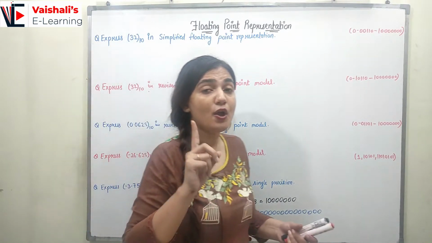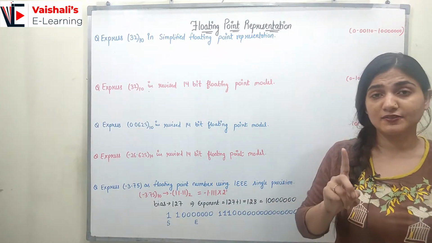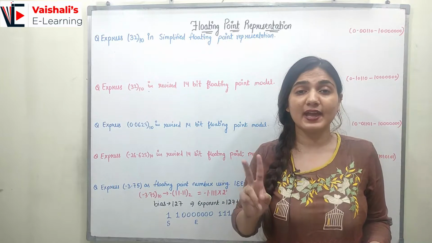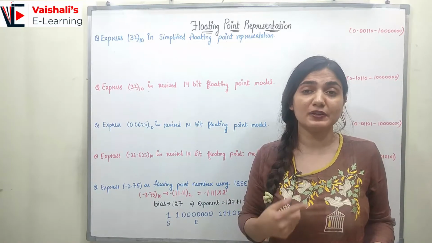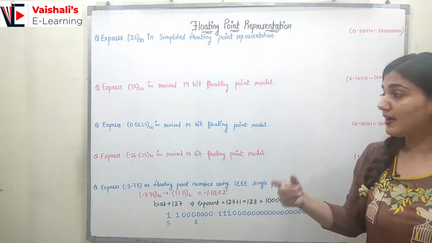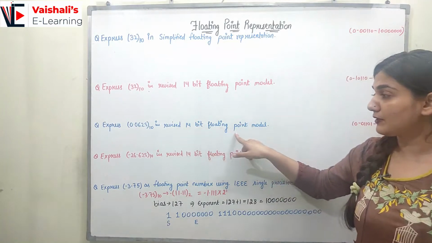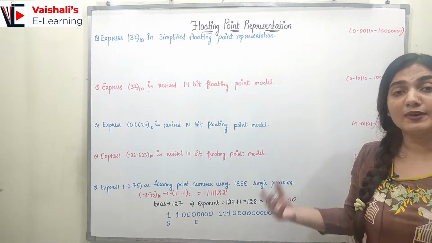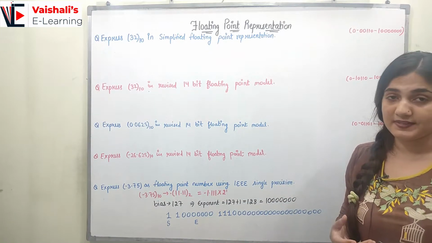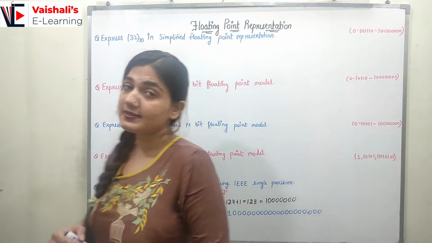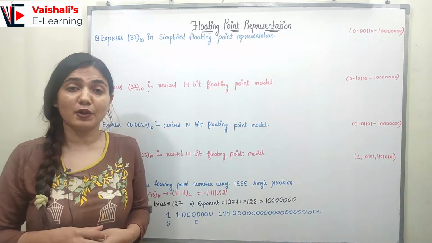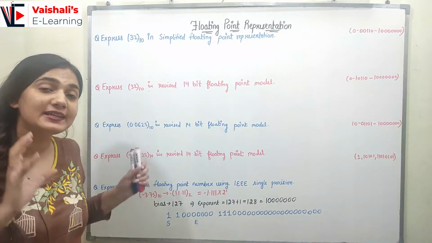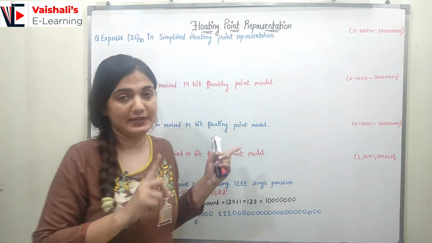We have the question on the simplified floating point representation, which is a 14-bit representation of sign, exponent and mantissa. After that we have the 14-bit revised floating point representation. Then we have the revised 14-bit floating point model for a negative number, and at last we will be talking about the IEEE floating point representation. So now we are going to start our discussion with the simplified floating point representation, and with this video you are going to understand the floating point model in detail and you can practice a lot of questions after watching this video.